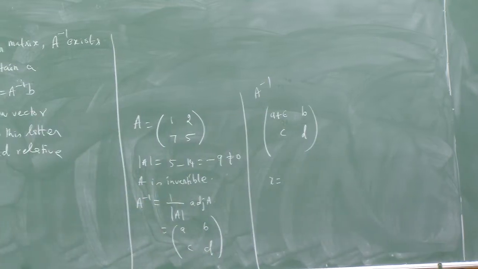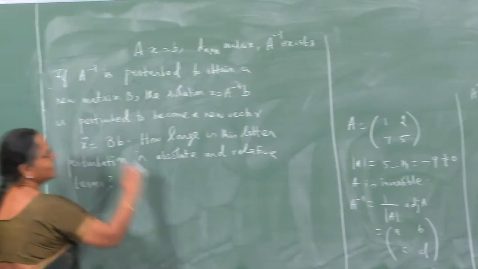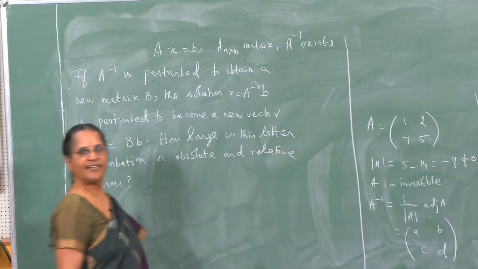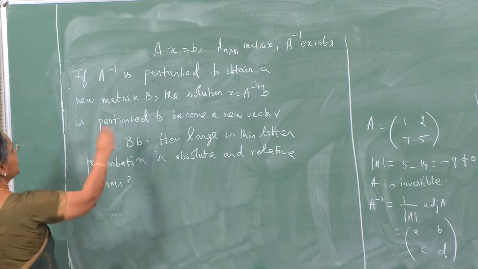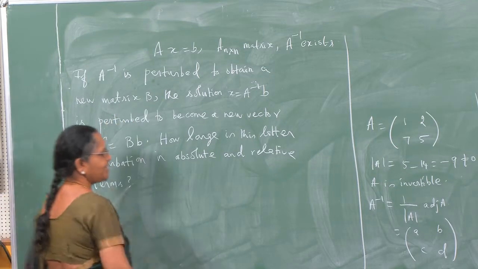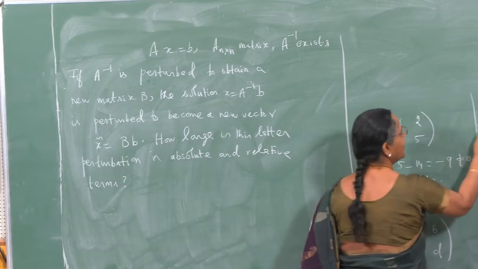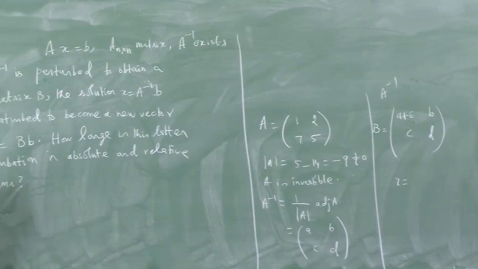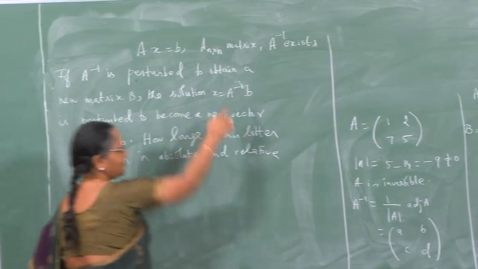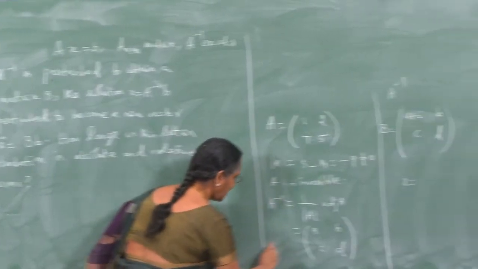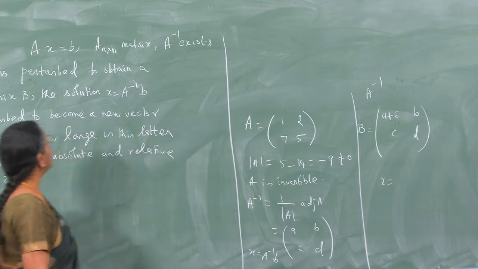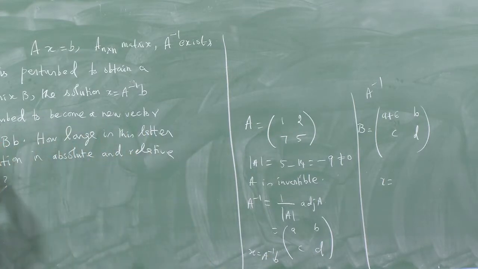If A inverse is perturbed, that is some slight change is given to any one of these entries to obtain a new matrix B, this is my new matrix B. The solution x equal to A inverse b. So, if I take this as A inverse and compute my solution as A inverse b, that solution is perturbed